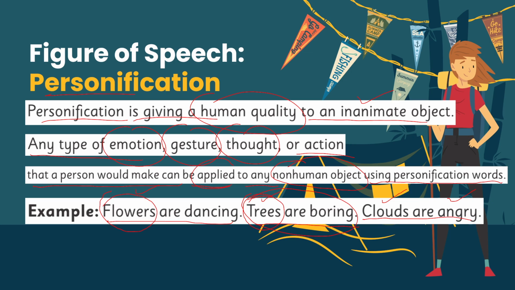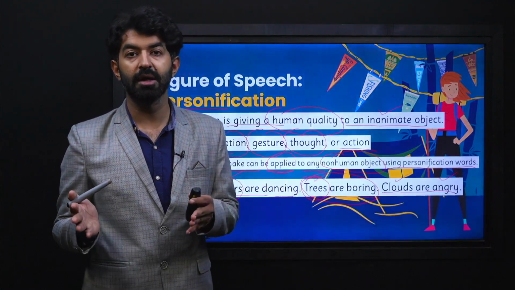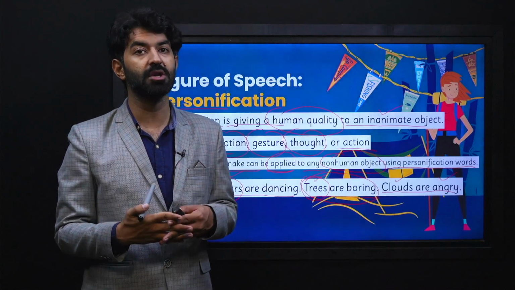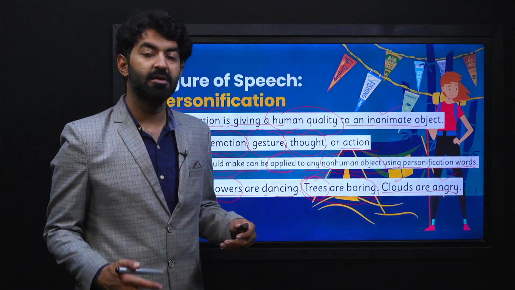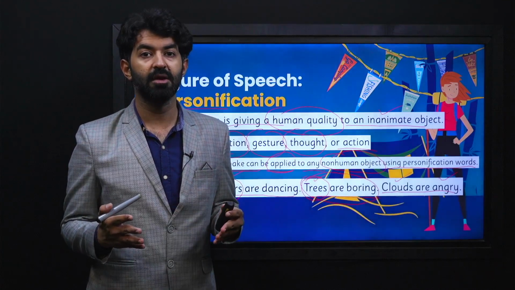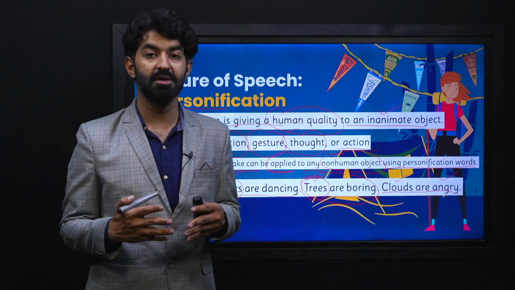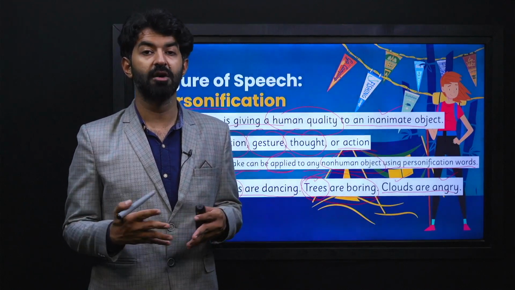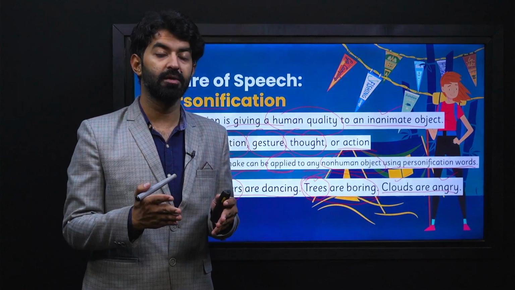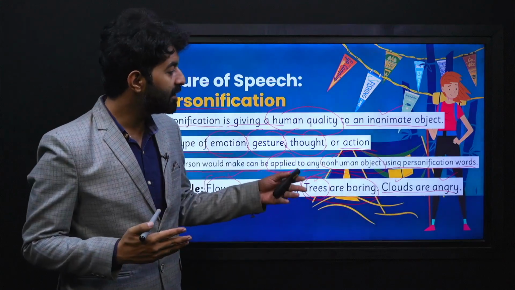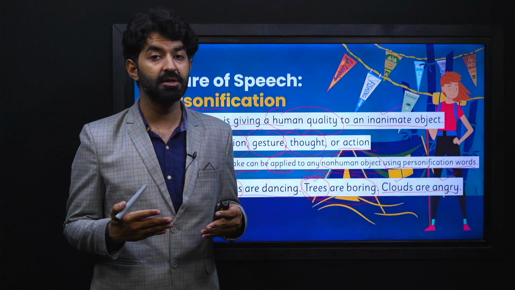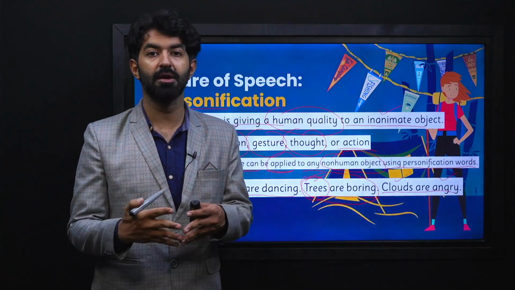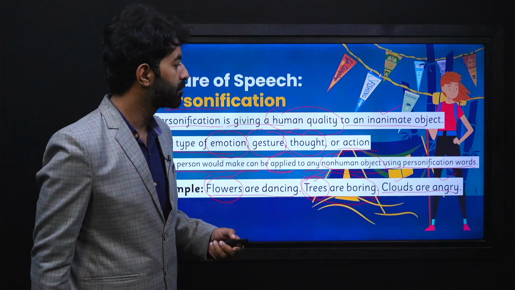So instead of just saying that due to the wind, the flowers are moving here and there, you just used a personification, a figure of speech, by saying that flowers are dancing. Or instead of saying that it is going to rain heavily, the clouds are making noise and there's a thunderstorm, you could just say that clouds are angry, associating with raining heavily. So all these are personifications. It is a figure of speech. It enhances our sentences and it conveys our ideas and our message beautifully and artistically.